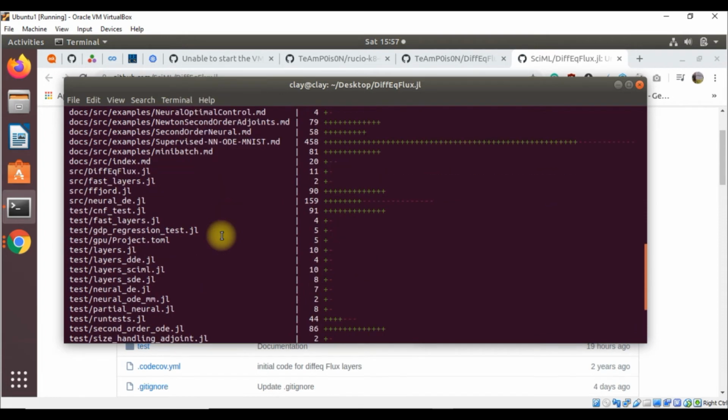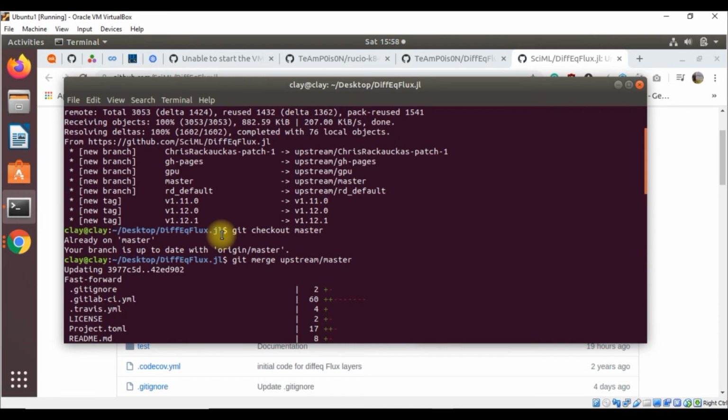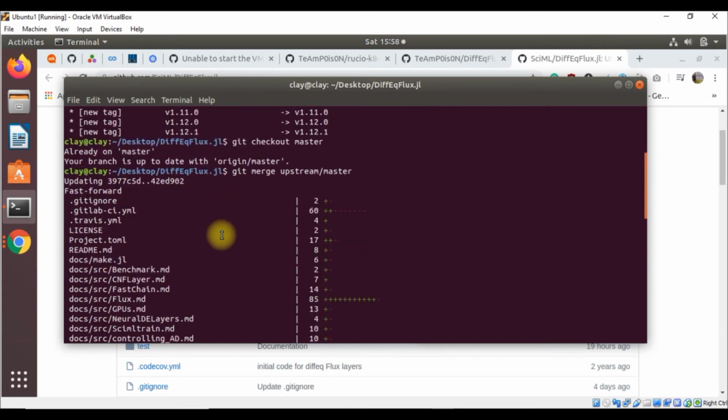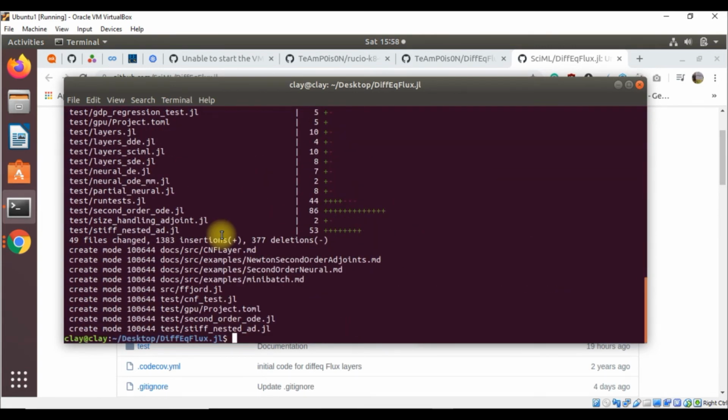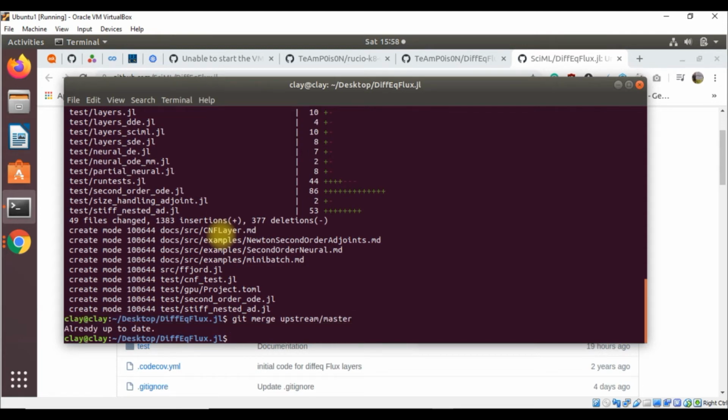Now if our local branch didn't have unique commits, Git will instead perform a fast forward. So like you can see here, git merge upstream master. Okay, it is pointing out that we have already updated it.